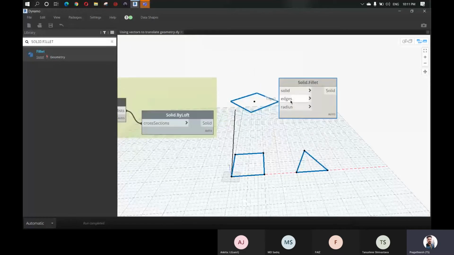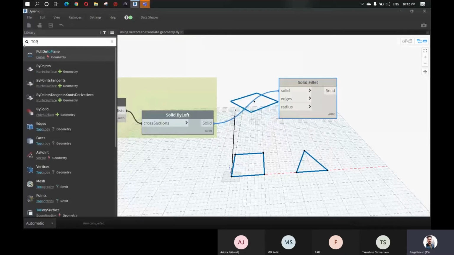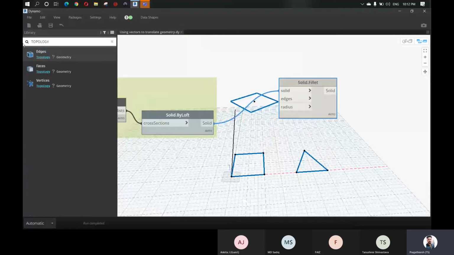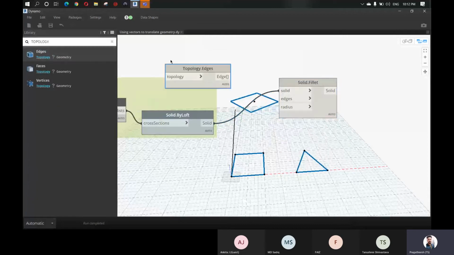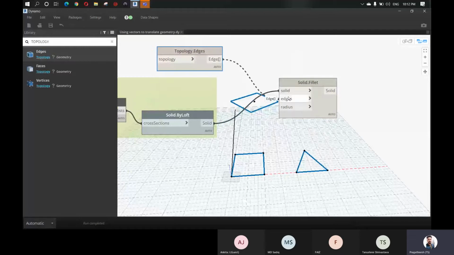So it requires a solid, the edges, and the radius. So we have the solid, okay, and the edges. So to extract the edges of a solid, we have a node called Topology.Edges. You can see the edges of the topology. Okay, so when you introduce this node, it just extracts the edges of the solid.